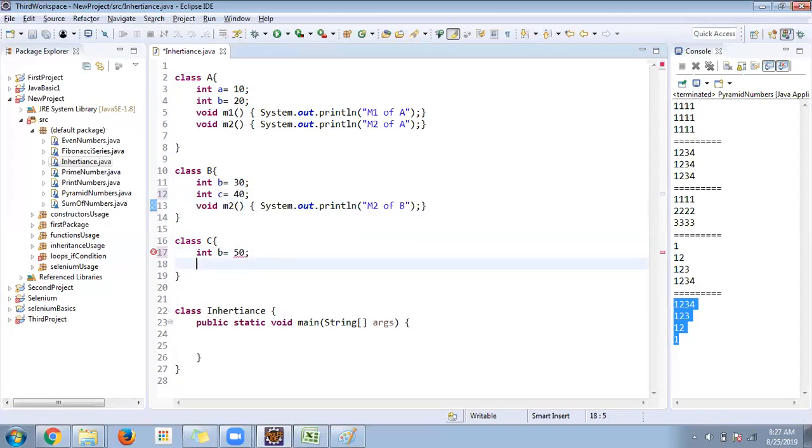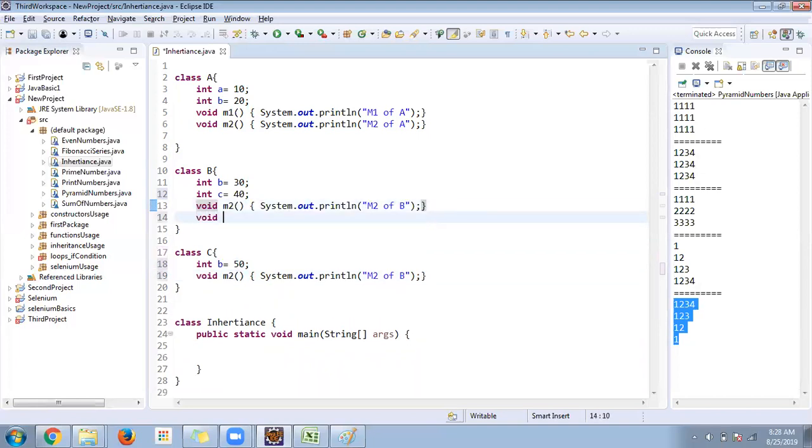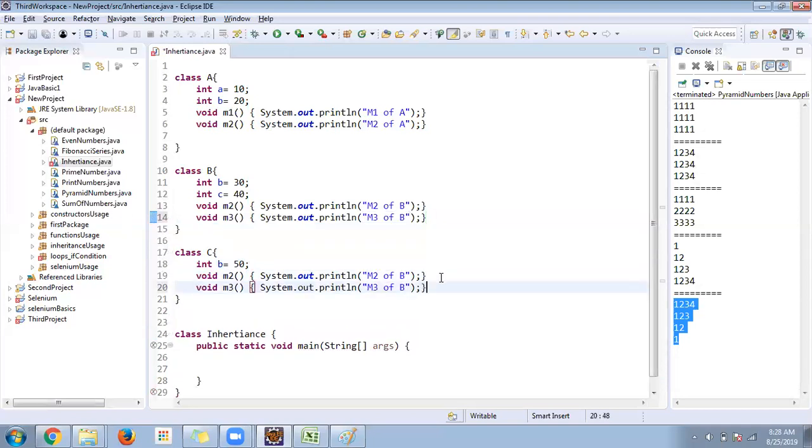And I have another method here called void